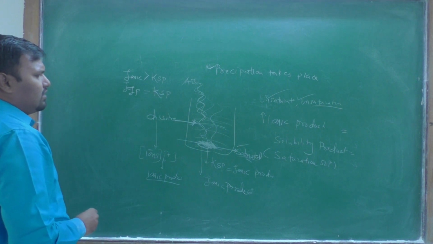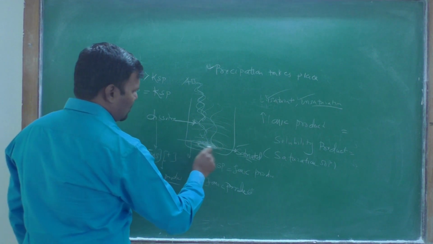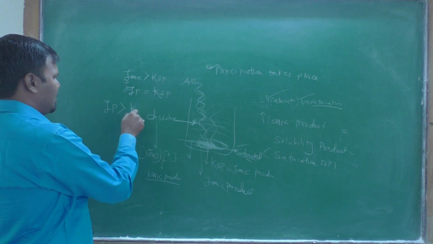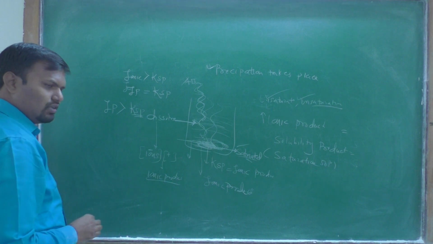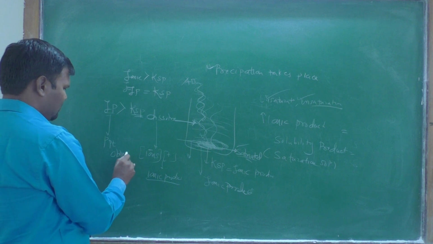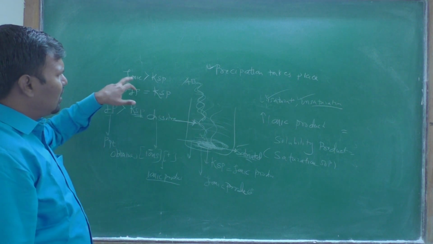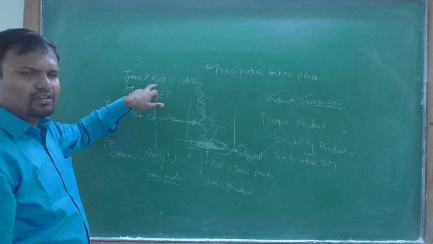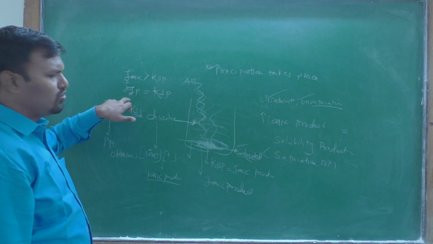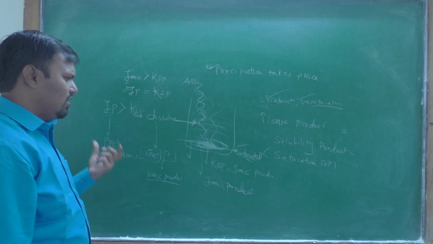Okay, and when you add more and more precipitate, that is, the solid is obtained, the ionic product is more than the KSP, the solubility product, and then the precipitate is obtained. Okay, three situations we have. At the starting, your salt gets dissolved, and at this time the ionic product is less than the KSP. At saturation the KSP is equal to the ionic product; this situation is the saturated point.